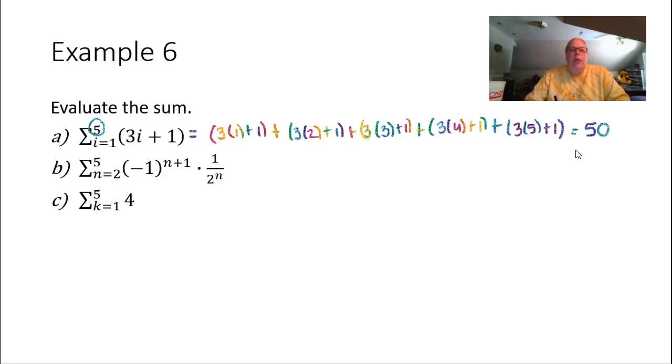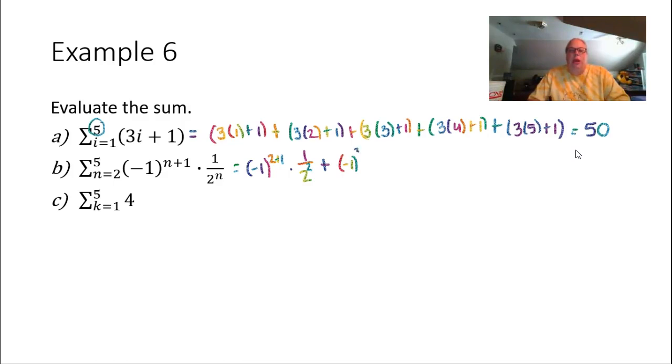Part B, we have the sum starting with n equals 2 and going to 5 of (-1) to the power n plus 1 times 1 over 2 to the power of n. All right, so we are going to be adding (-1) to the power of 2 plus 1 times 1 over 2 to the power of 2 plus